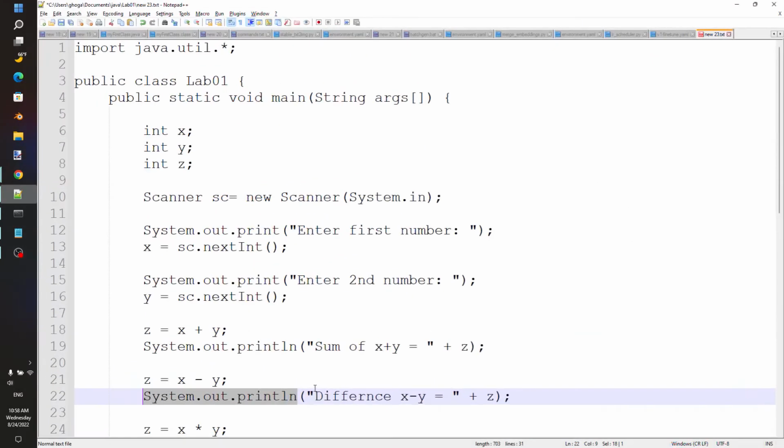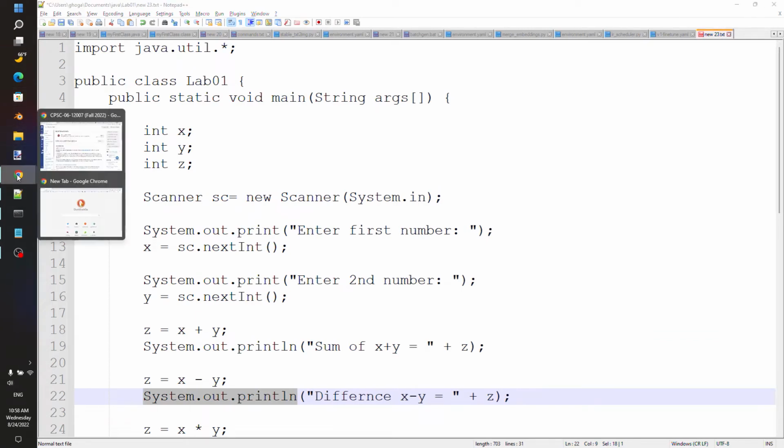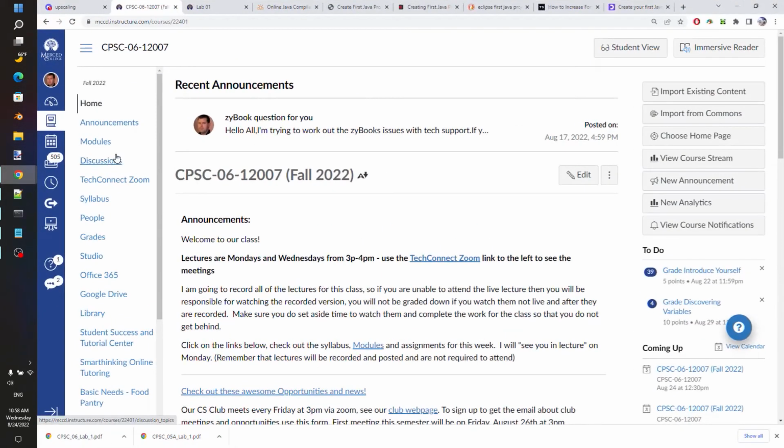Okay, everybody. So what we're going to be looking at today is your lab for this week, your first lab for CPS 6. And we're not doing much this week. We're just going to try to get a program to run. And we're going to look at it in Eclipse as well as maybe one or two of the other Java editors so we can see how it would be a little bit different depending on what you're using to compile